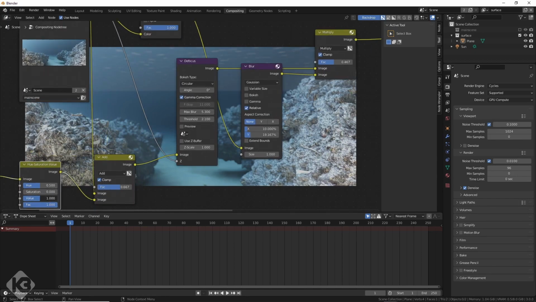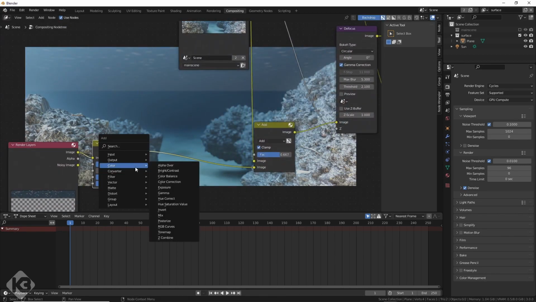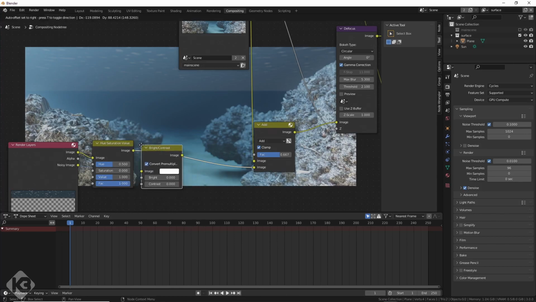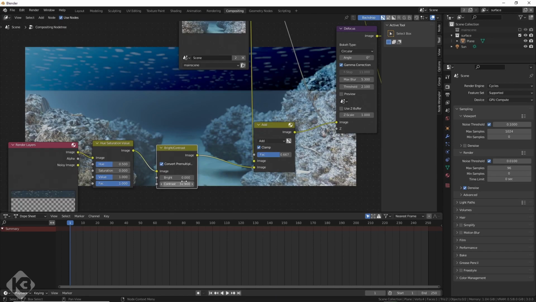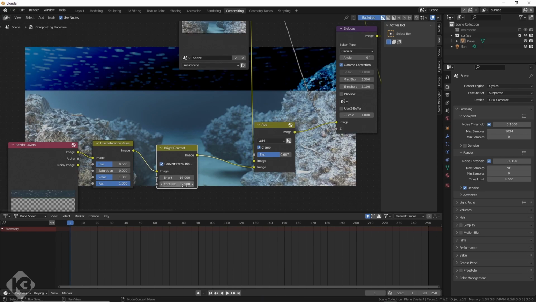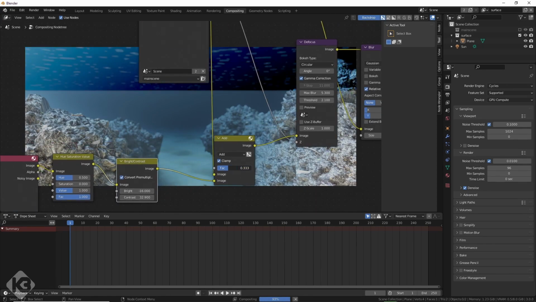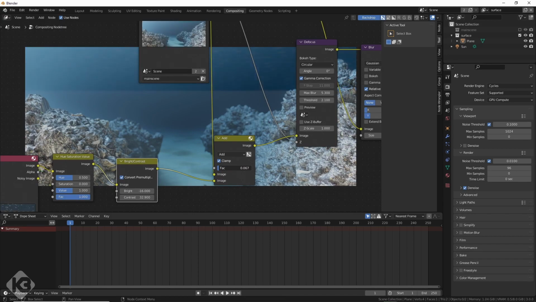Okay. Value I can play with, but I'll just leave that. And then over here, I could do a brightness and contrast. Color, brightness and contrast. Contrast it up. And bright it down. And now,